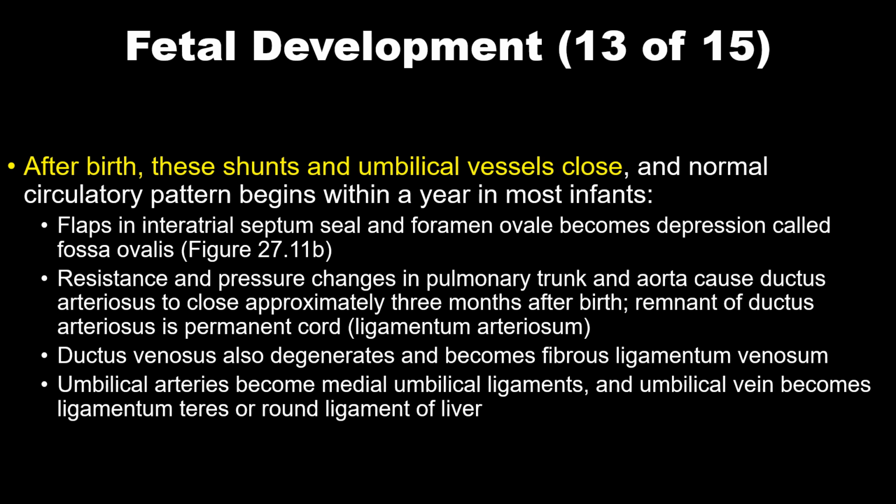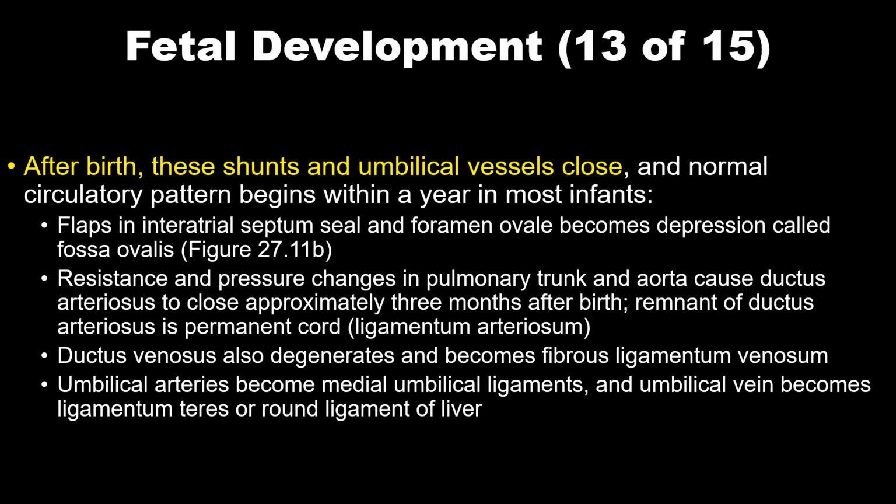Within a year, the flaps in the interatrial septum seal, and the foramen ovale becomes a depression called the fossa ovalis. In some cases, however, the flap does not really fuse shut, but remains closed anyway because of high pressure in the left atrium. Resistance and pressure changes in the pulmonary trunk and aorta cause the ductus arteriosus to close